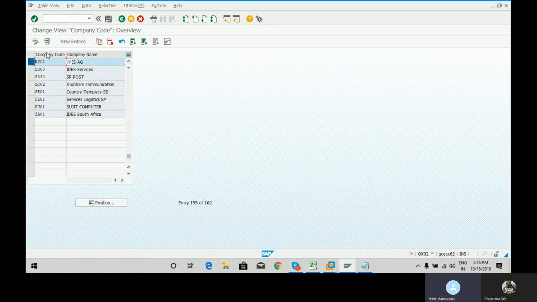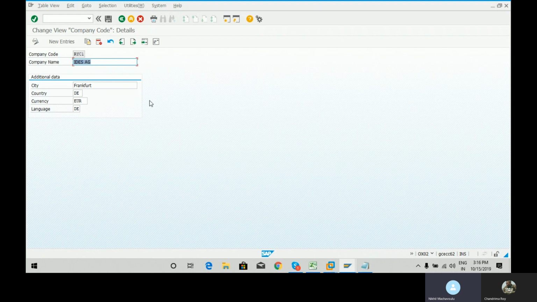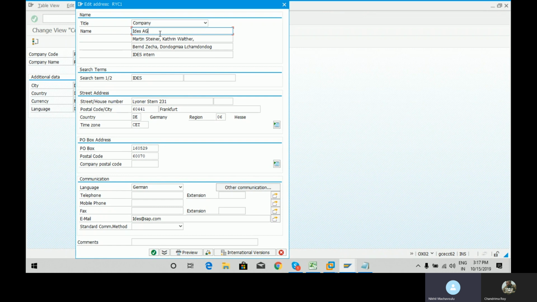select the line item like this, click details, and just copy and paste or update the right company name over here, and give the address. These details will be available with you from the client itself. So click on address over here. This is the address icon,